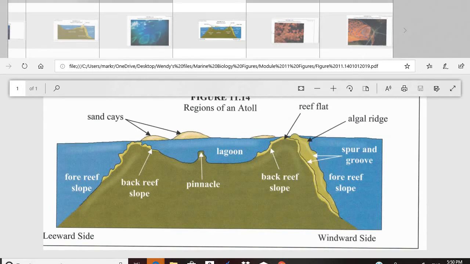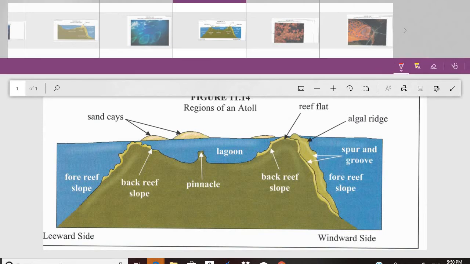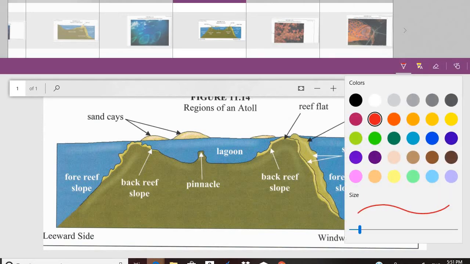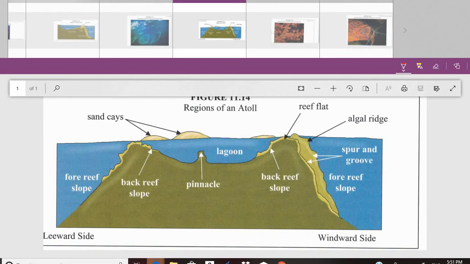We have our fore reef slope, which goes up and down, and then you have the lagoon in the middle, and then the back reef slope would be here and here. So fore reef slope, back reef slope, fore reef slope, back reef slope, with the lagoon in the middle,